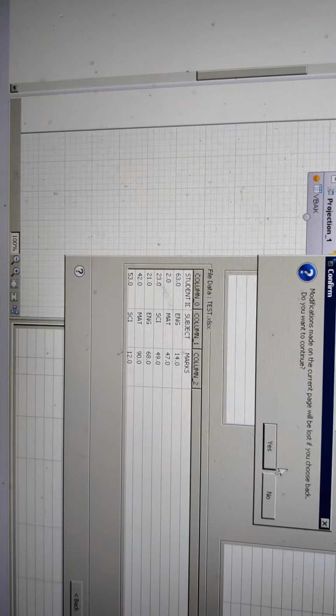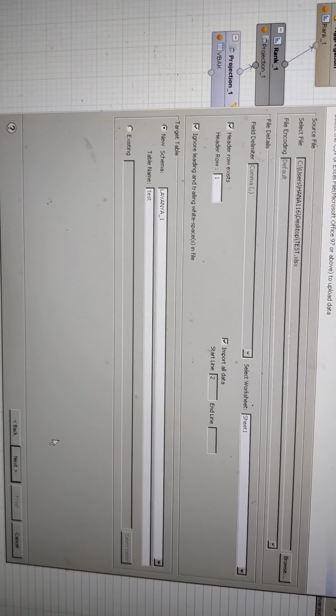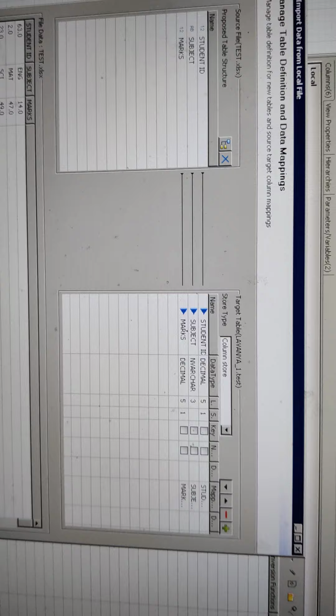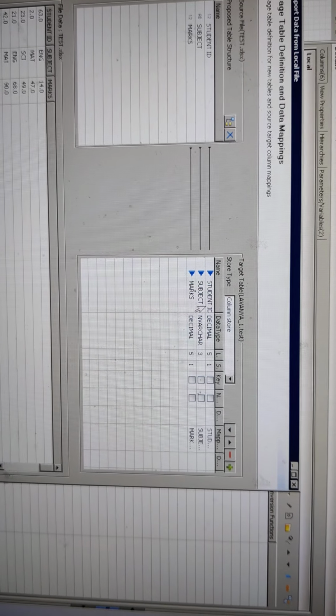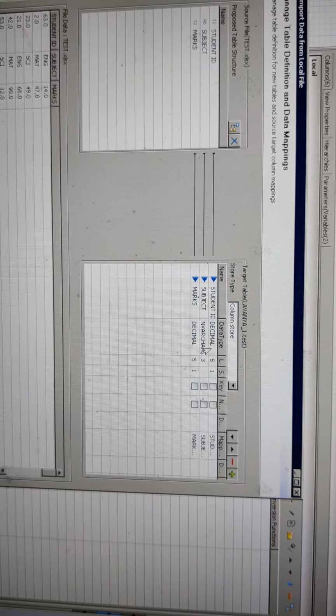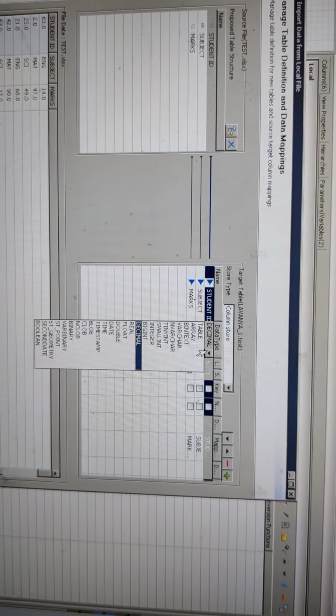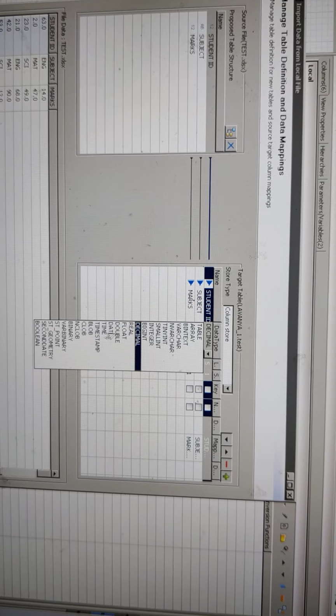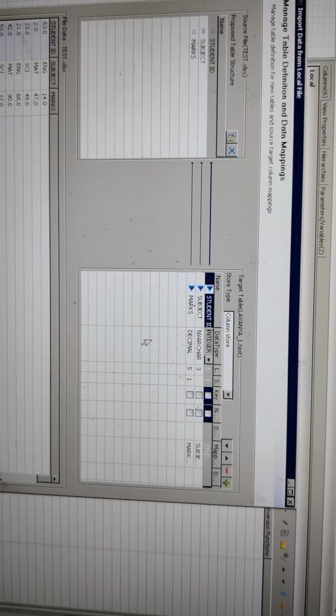Okay, we will go back and let's see, we'll play with it. I think this column 1 student ID you can see here, but I don't know why I'm not able to see this. Maybe give it header row exists and give it as 1. Okay, next. So by giving 1, we are getting it. Now student ID is decimal, change this to integer.